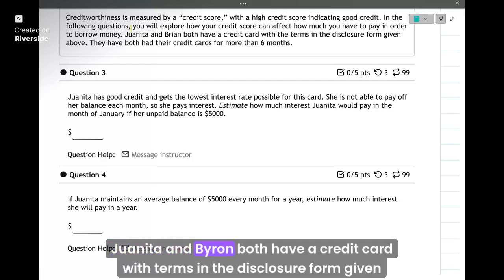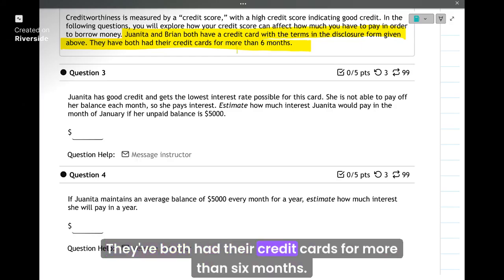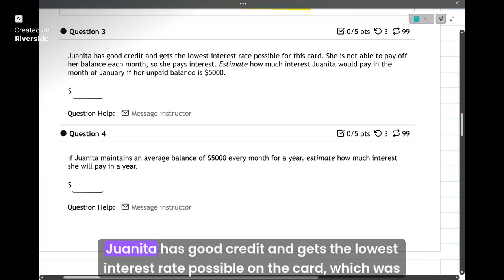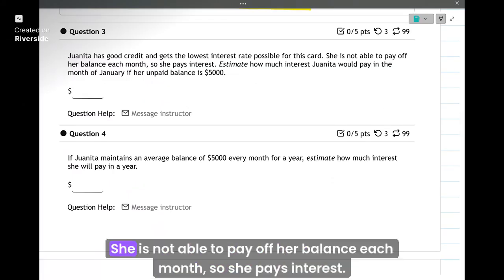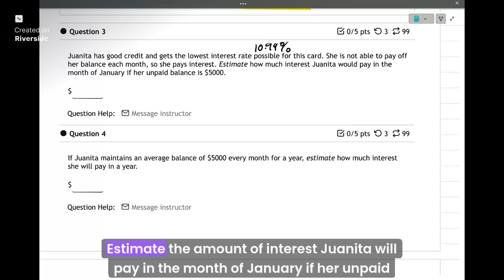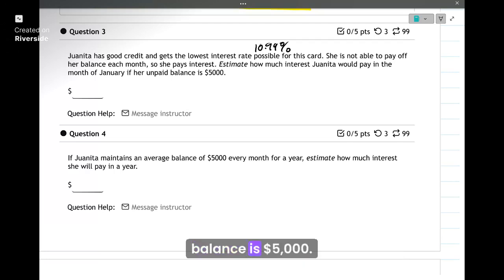Juanita and Brian both have a credit card with terms in the disclosure form given above. They've both had their credit cards for more than 6 months. Juanita has good credit and gets the lowest interest rate possible on the card, which was 10.99%, by the way. She is not able to pay off her balance each month, so she pays interest. Estimate the amount of interest Juanita will pay in the month of January if her unpaid balance is